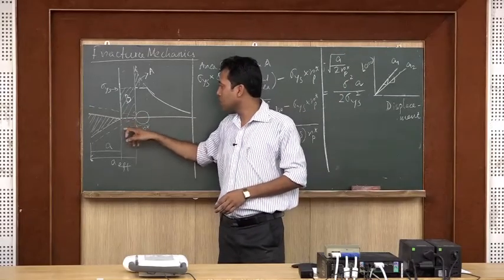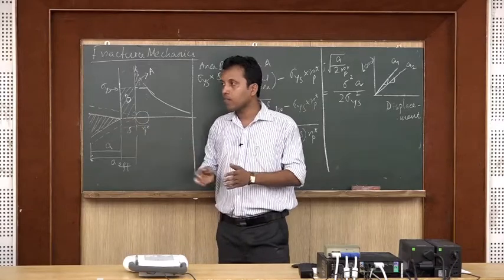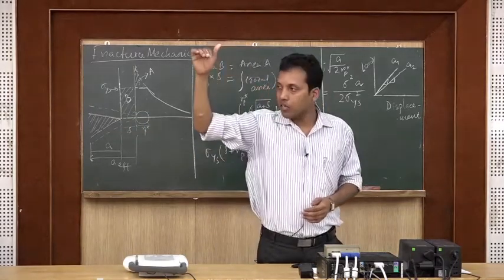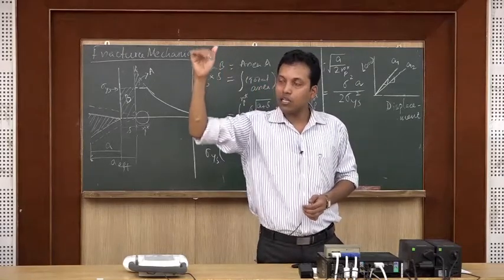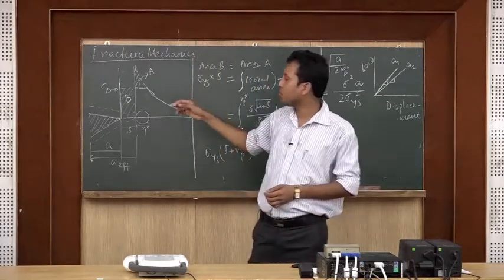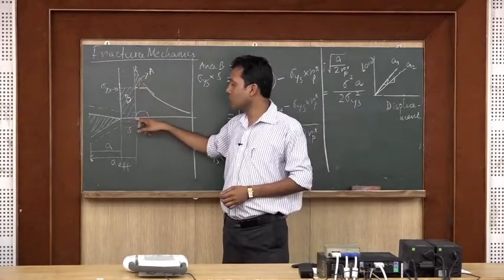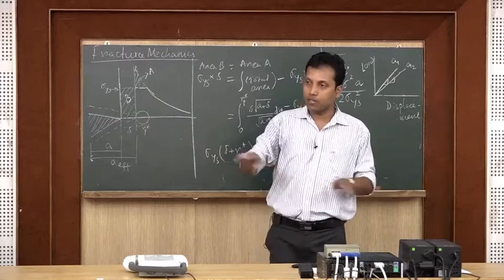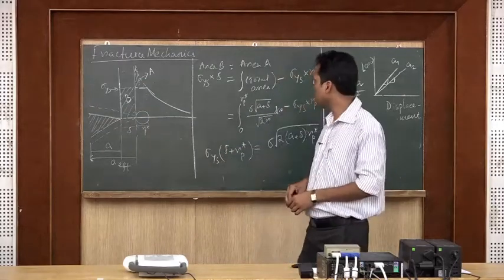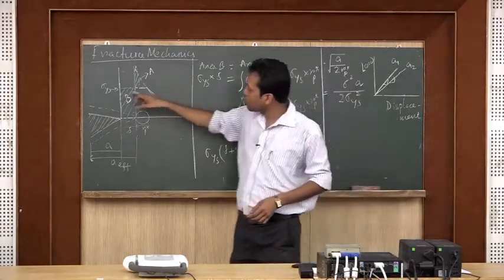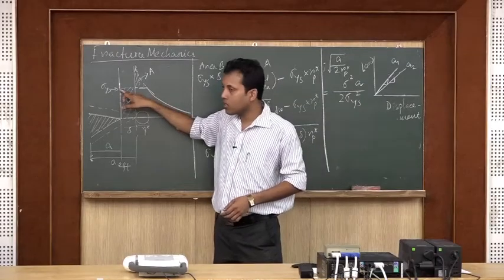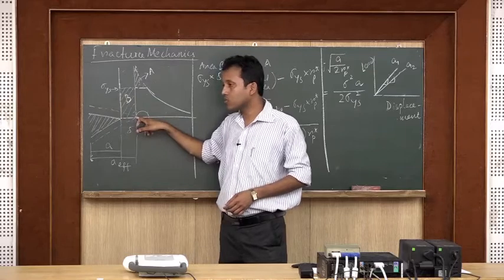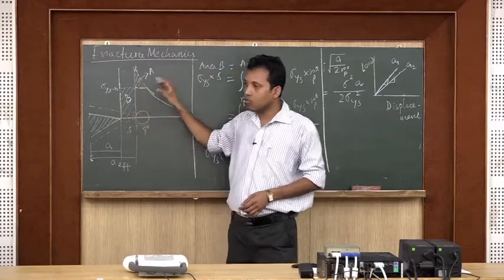Now, this delta is the extra crack length, and how much extra we consider must be equal to what we cut from the region above the plastically deformed zone. So delta is that, and that area is equal to that area. These two energies we have to balance. Earlier we have seen this is the level of sigma ys. So sigma ys into delta will be equal to the area here. So what is that area?